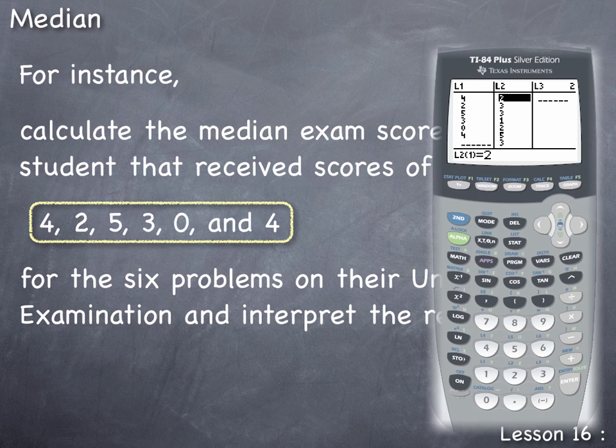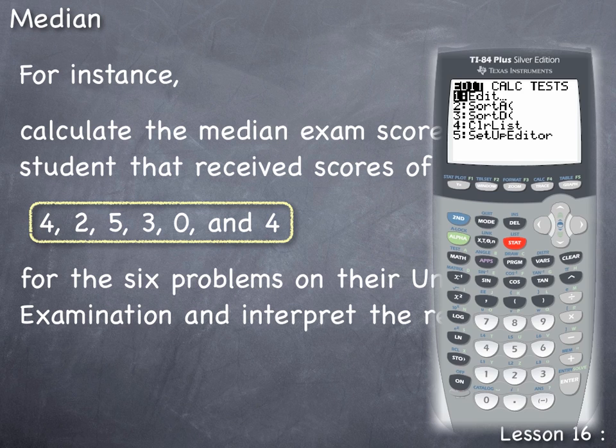So we press Stat, right arrow to Calc, and then press Enter to select the OneVarStats command. Now we tell the calculator that the data is in List 1 by pressing 2nd and the number 1, and List 1 appears. To execute this command, we press Enter,